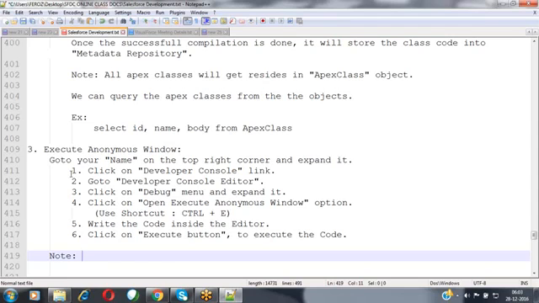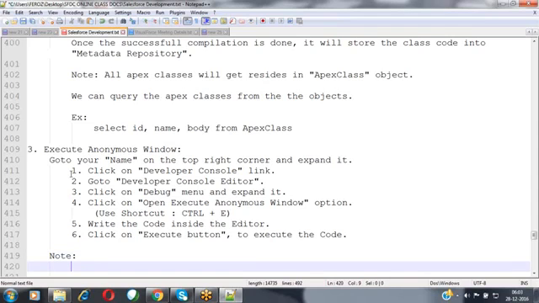From the execute anonymous window, the code will not be saved. This is simply an immediate window option, for sample purposes. We can write some code, execute it, and see whether it is working properly or not. So let's make a note of it here.